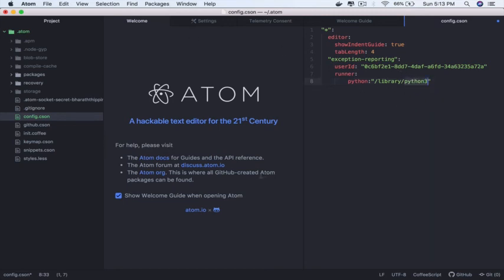Then Atom will start using the latest version of Python. Again, on Windows, you should have no issues. Atom should automatically pick up the Python version. But on Mac, I have seen some issues. If you do have those issues, make sure you open config.cson in Atom by going to Atom configuration. Within that file, add runner:, go to the next line, tab it, python:, within double quotes, you provide the path to your Python installation or the Python command.